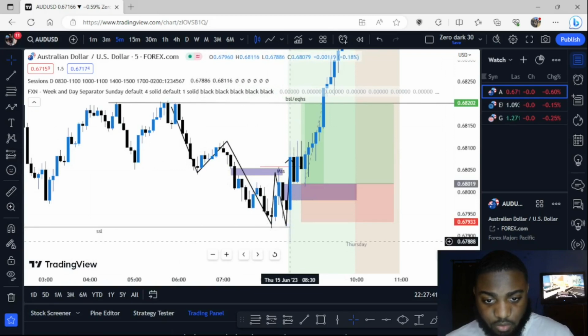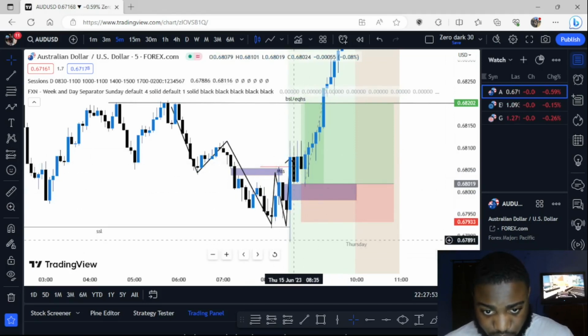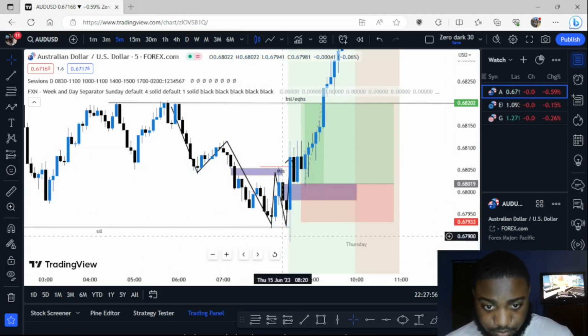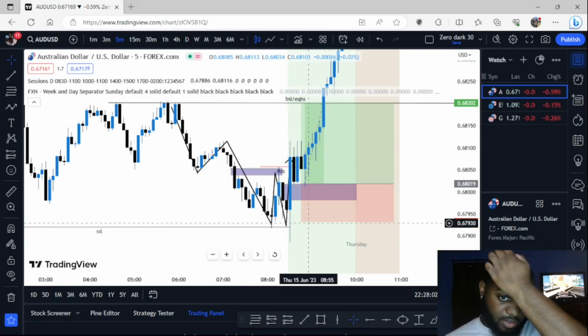I know this is a wick, and this is only caused because of the news, so I'm not really paying attention to it. You know what I'm saying? Because it's a news liquidation. This just happened during news liquidating. This closed up here, so market structure shift. So it is liquidation. This is the real structure. It's just liquidation.